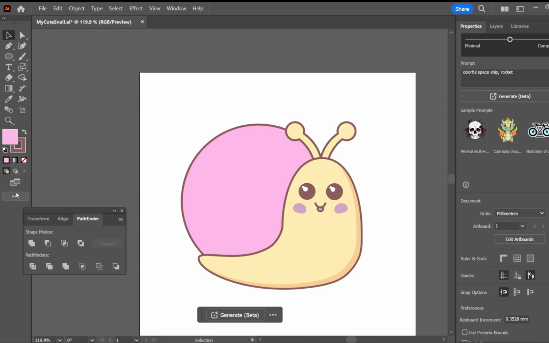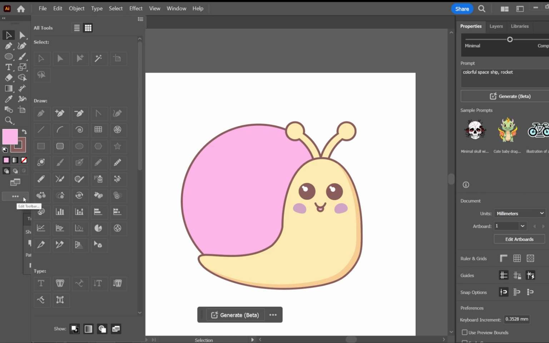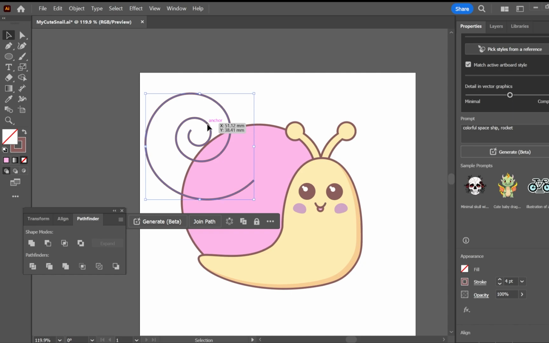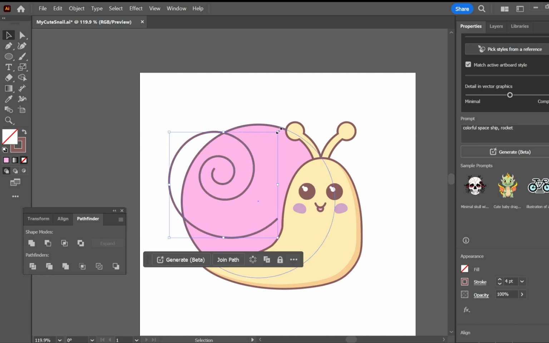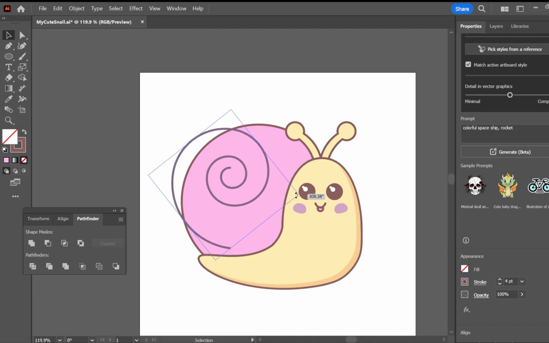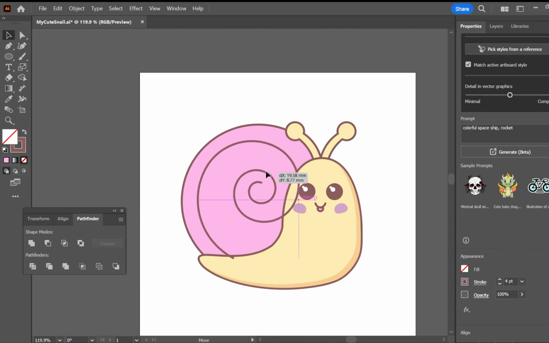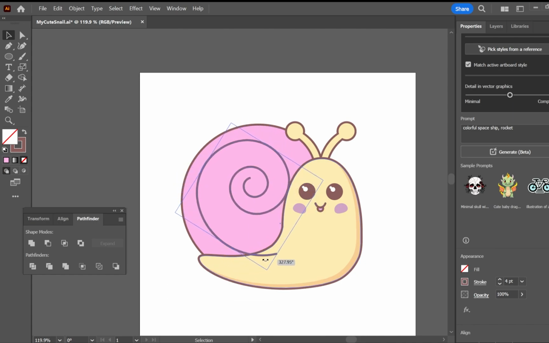To add that spiral on the snail, you're going to need to click on the 3 dots and get your spiral tool. And then you can just drag to roughly the size that you would like it to be. And then just play around with the rotation and the positioning and the size until you're happy with how that's looking.